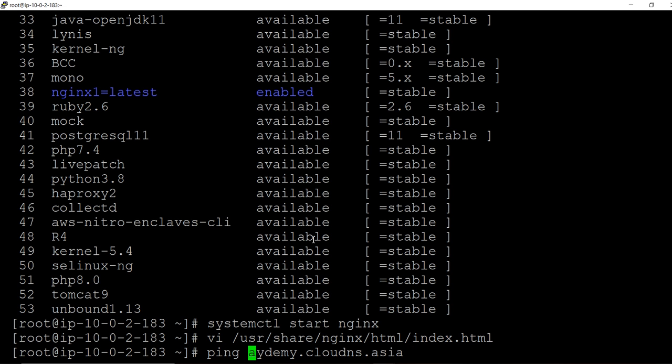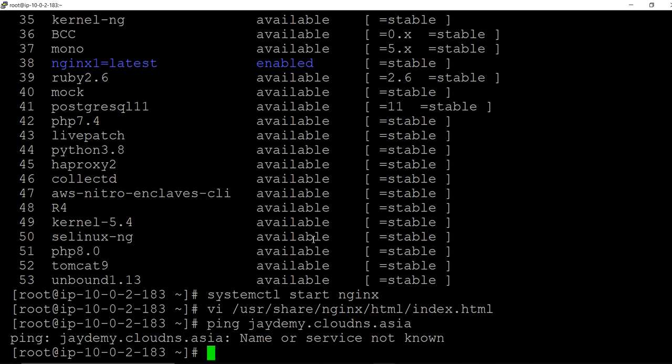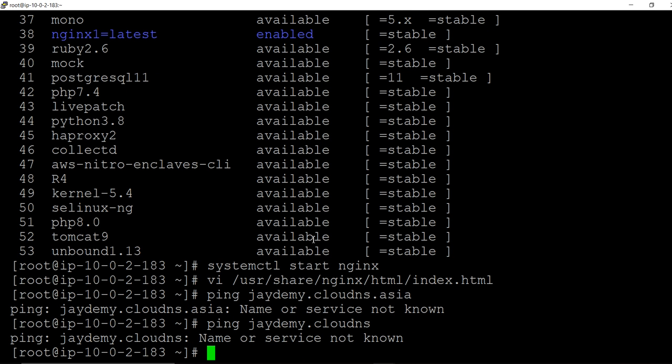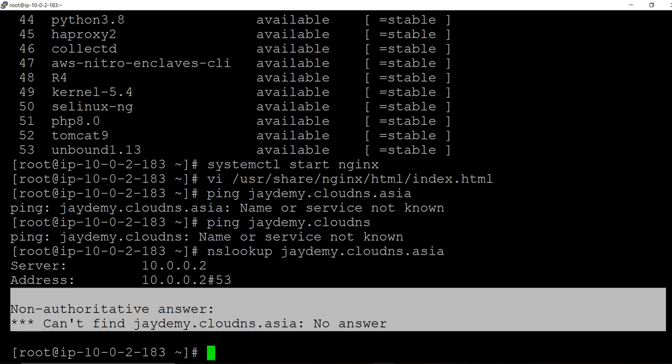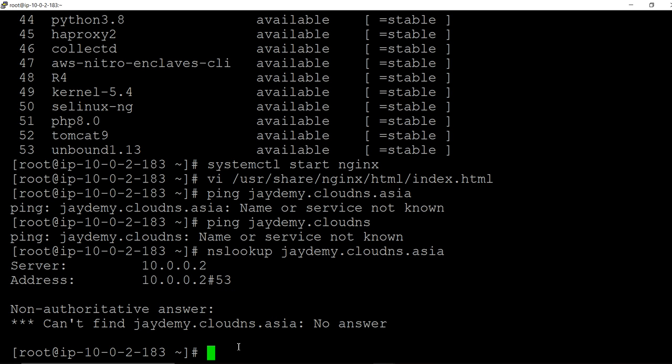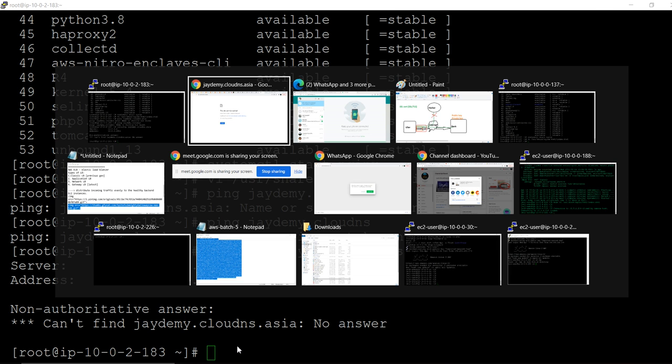Okay, we will do NS lookup, because ping will only work for an IP address. Cannot find, no answer. Okay, non-authoritative answer. And yes, it is not working.